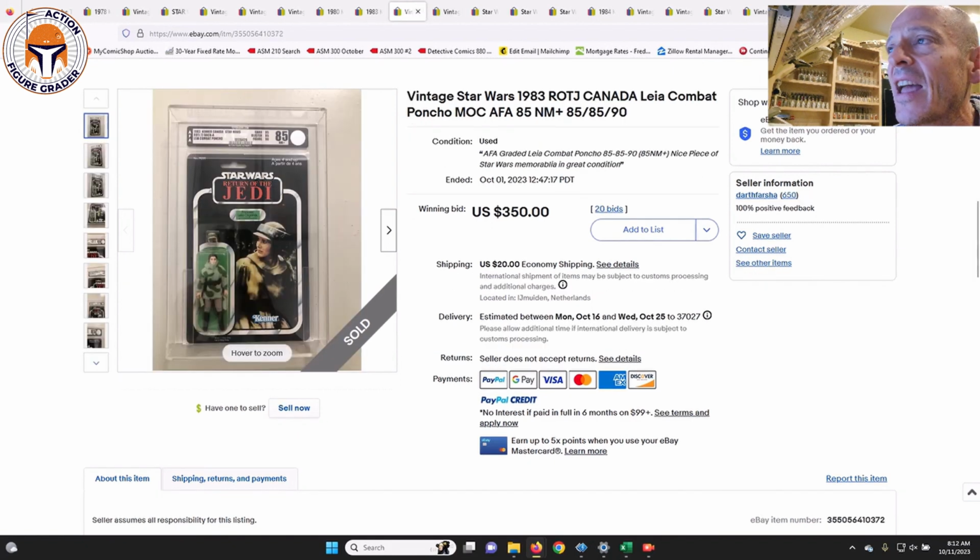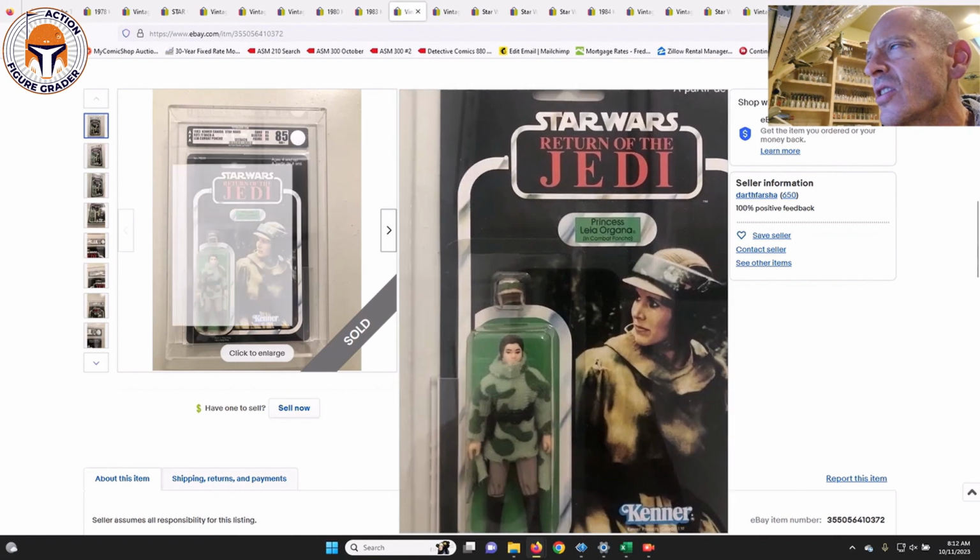Next up was another Kenner Canada. This was a Kenner Canada for Leia in her combat poncho, crystal clear blister,